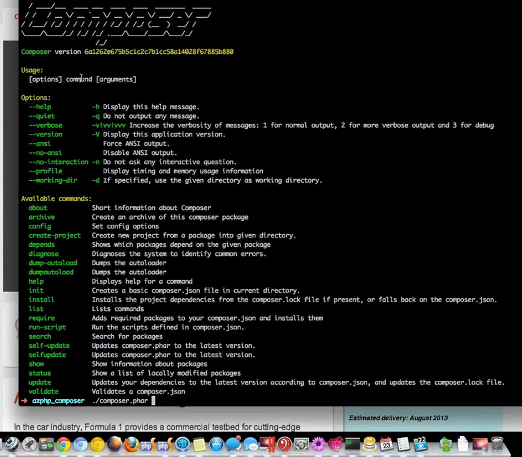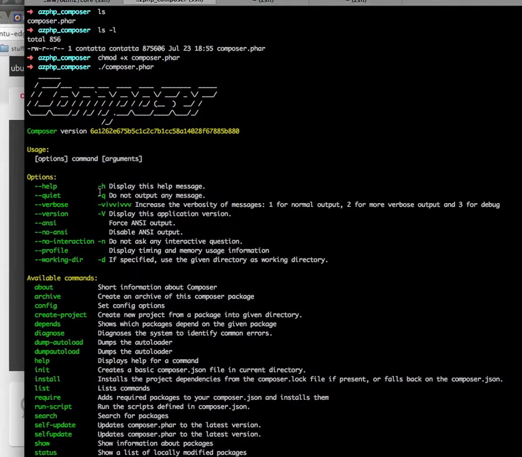Composer uses Symfony's console component, which is really nice for building out really sweet CLI tools. I use it a lot at work. I can show an example of that later, but